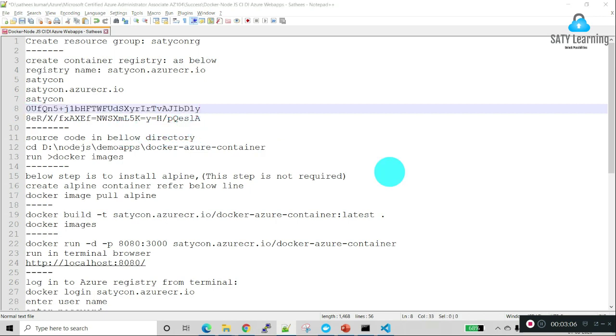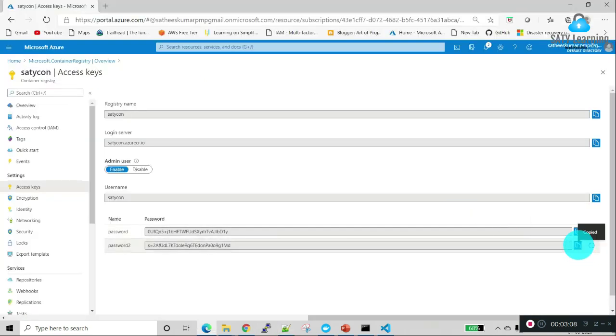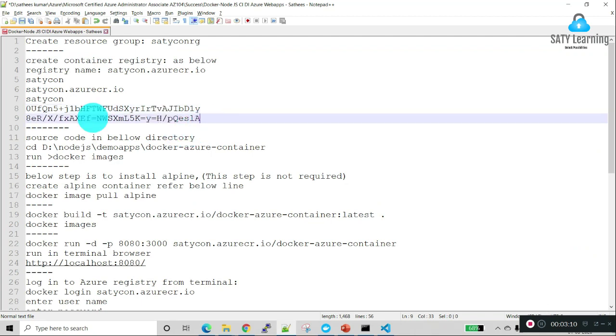The password is encrypted. They have provided two passwords, so if one password is known by others, then we can use the second password. When we delete this container registry, all the user ID and password will also be deleted.